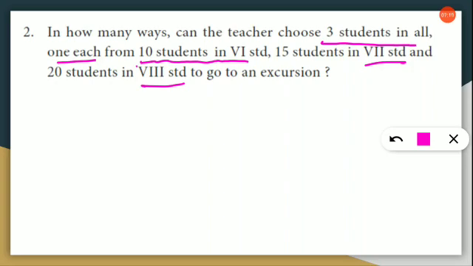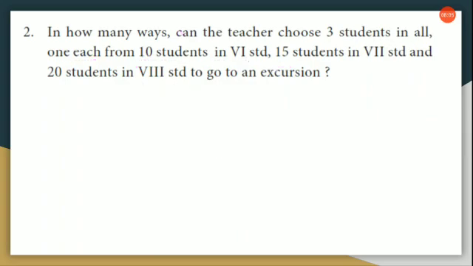So she is going to go to the 6th standard classroom and in those 10 students she is going to select 1. Okay. So which principle will we use? Addition or multiplication? Since the values are independent of each other, we can add. Because the word or is not given here, we check whether it is dependent or independent. For addition, it should be independent. Here it is independent, right? Because she is going to go to each class and select 1 student. So how many possible ways are here now? We can say 10 plus 15 plus 20 is equal to the number of possible ways.